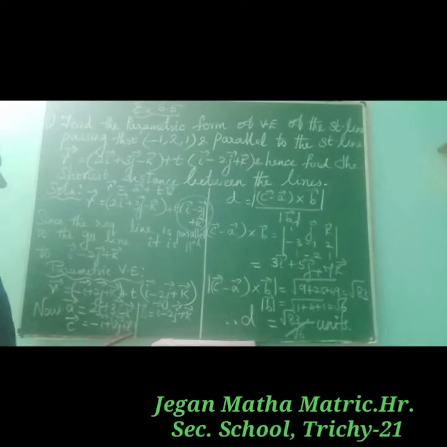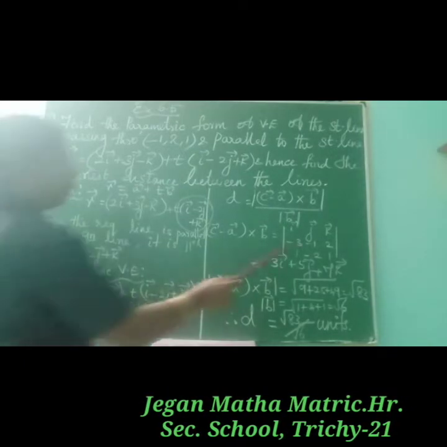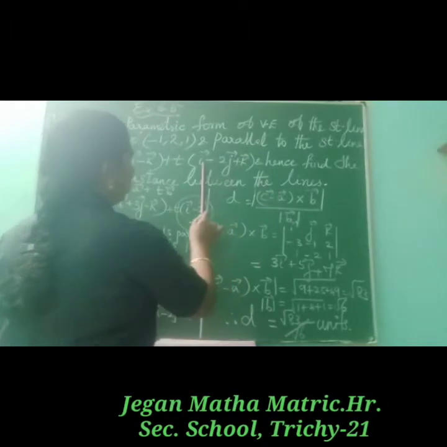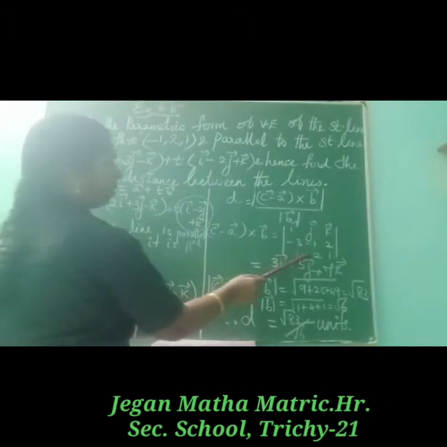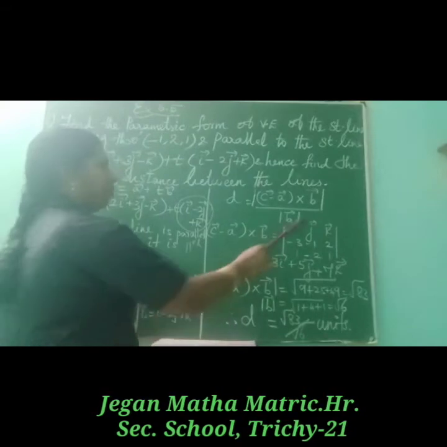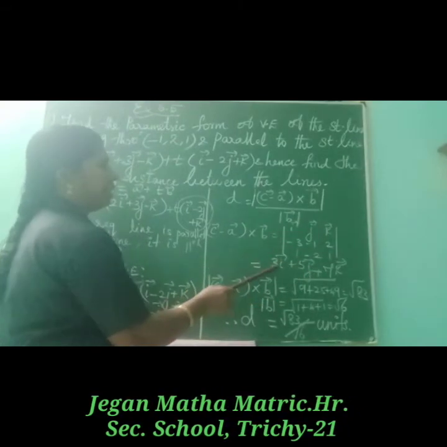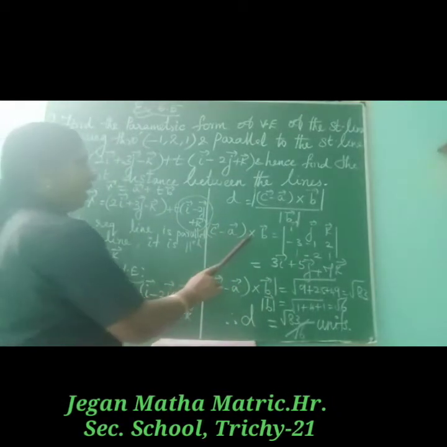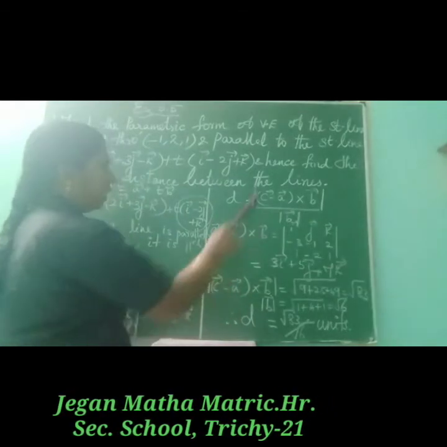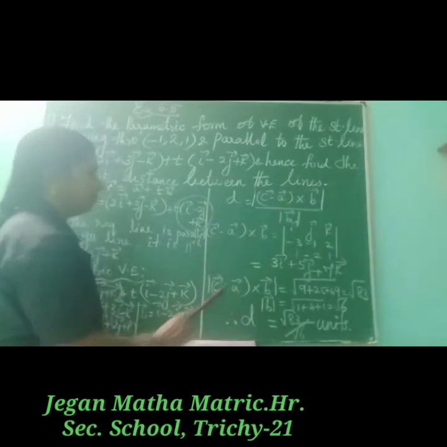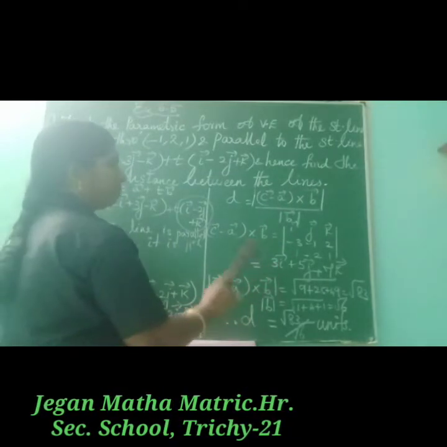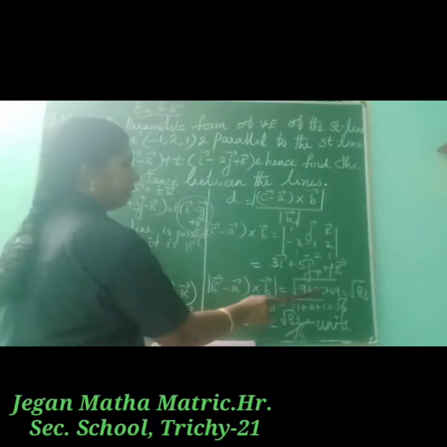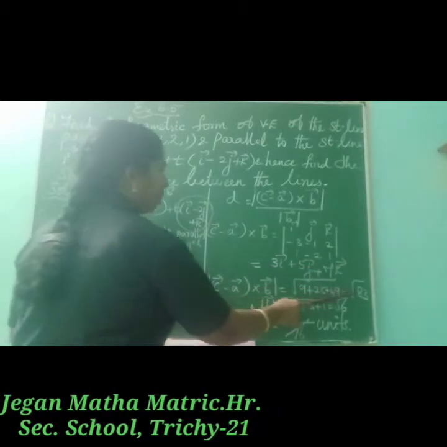Here we will get 1 minus of minus 1 plus 1, that is 2. Then b vector equal to i minus 2j plus k. Those coefficients also we are writing. Then when we expand this determinant, the answer is 3i plus 5j plus 7k. So, c minus a cross b, the answer we got. Next we can find the modulus. The modulus of c minus a cross b is equal to square root of 9 plus 25 plus 49, that is square root of 83.